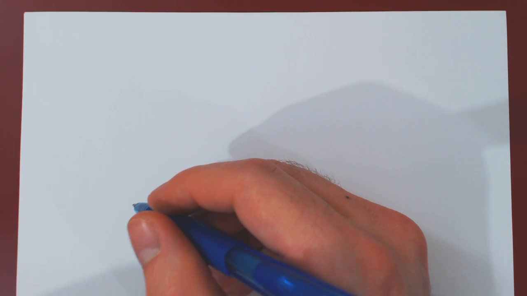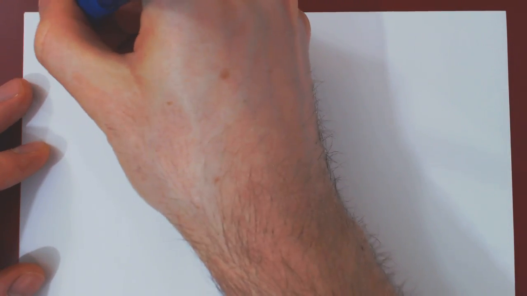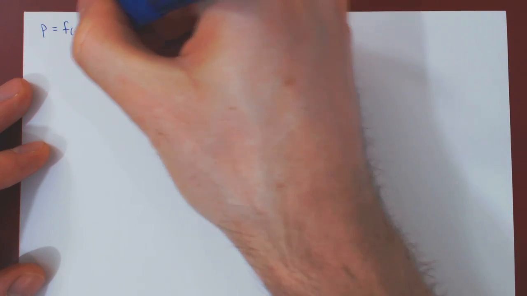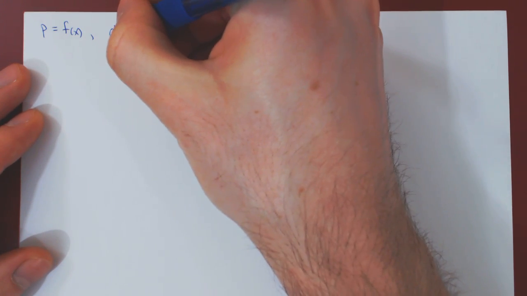Okay, so in this video, we will look at a surprisingly elegant relationship between the price elasticity of demand and the marginal revenue function. So we will use, as always, P equals f of x for the demand function,